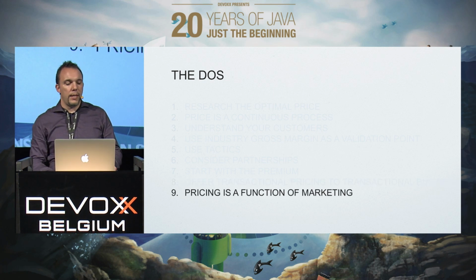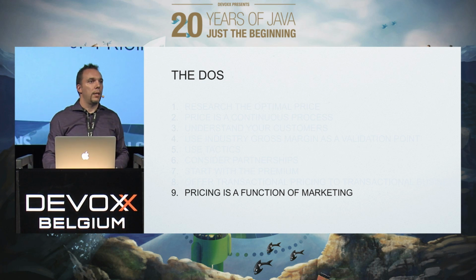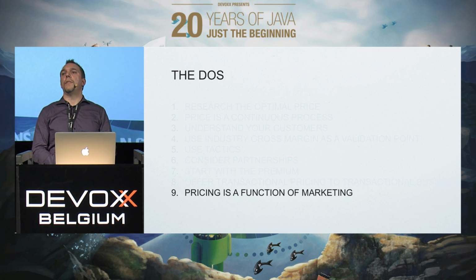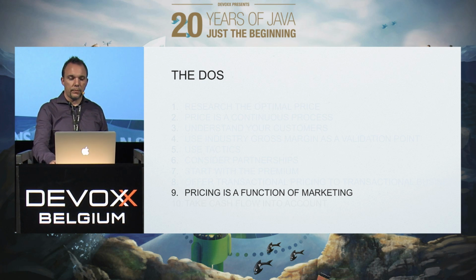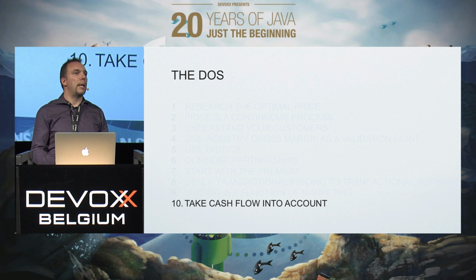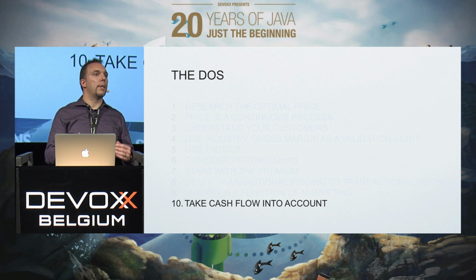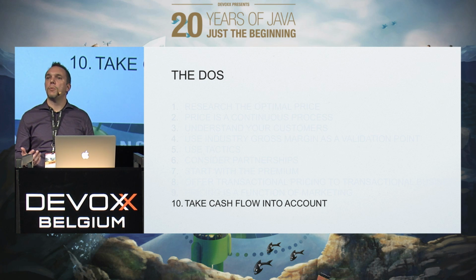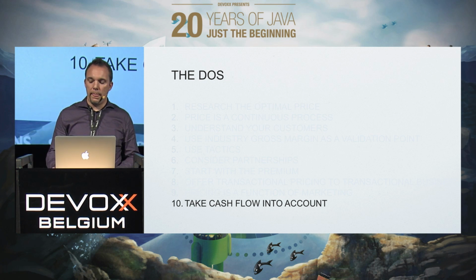And don't forget that pricing is a function of marketing. It means you should consider it part of product management. Treat it like that, okay? And regardless of your ideal price in the ideal world, there is something like cash flow, the amount of money in your bank. Companies die because of problems in cash flow, so sometimes you have to be pragmatic, put your price point lower, but make it easier for cash to come in, and that keeps your startup afloat longer.